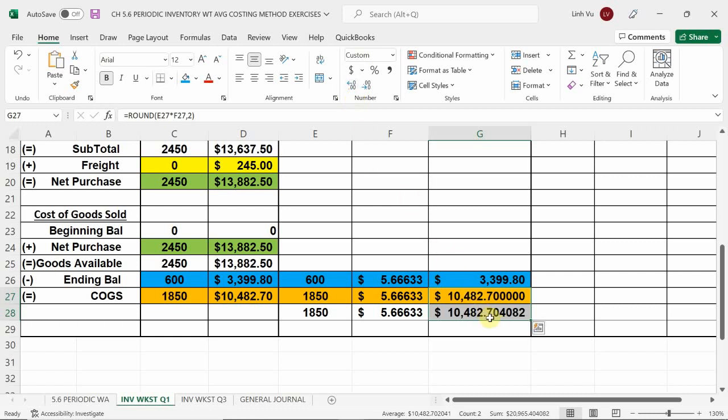In this case, it's 70.4082. And if you're not careful, you might be plugging it in here and subtracting it from a solid number. You're going to get an even different answer from there. So that is exactly why I want you to round your answers, because it's true, right? Can you charge a customer